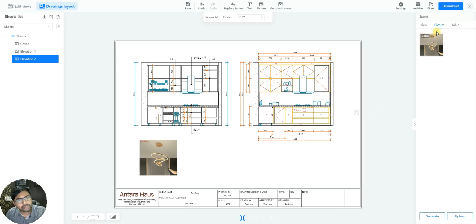What about tables? What if I want to add a schedule or a table for your finishes, for your appliance list, or for your handle list also? That is exactly where your third sub tab here, can you see, tables comes up. If you just click on this table, here you will see your table list. Just click it up,